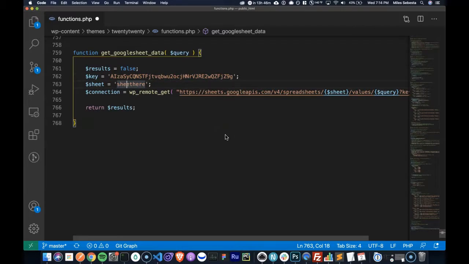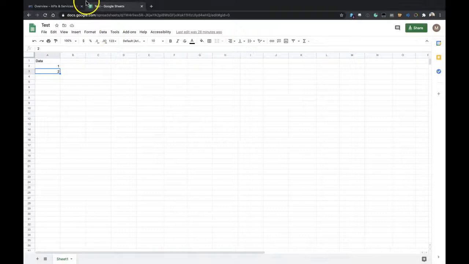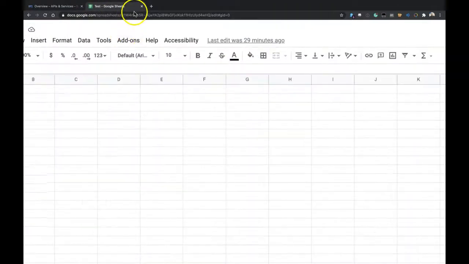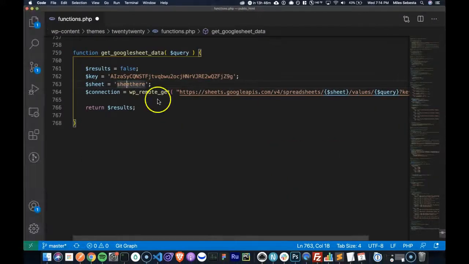So where do I get this sheet? Well, I get this from the URL up here. I can't zoom in on it, but essentially I'm going to go up here and grab this whole document just so you can see it easier.